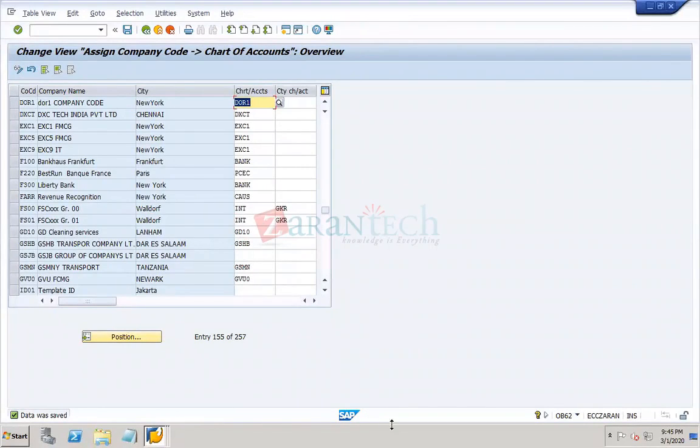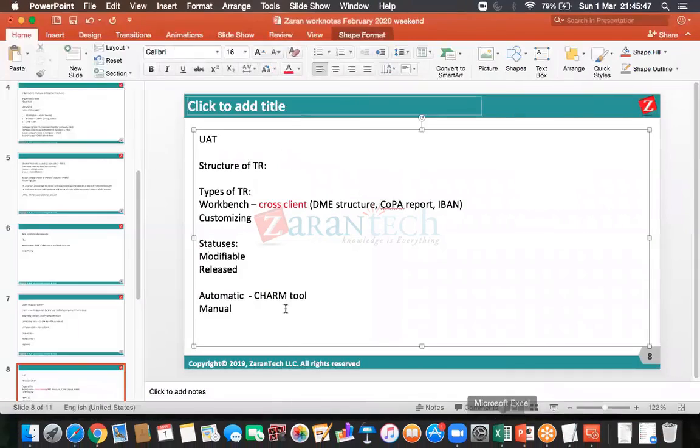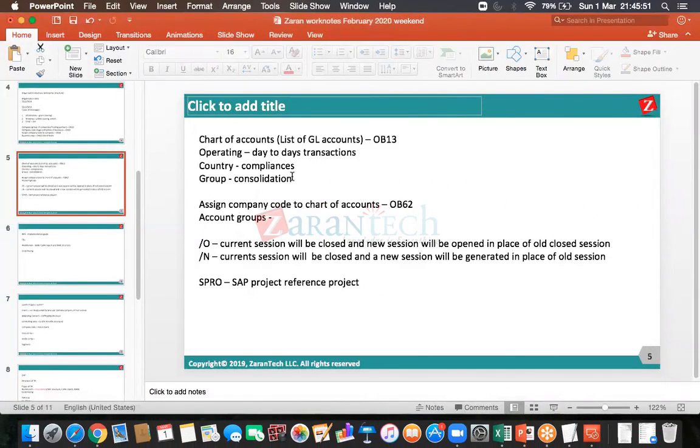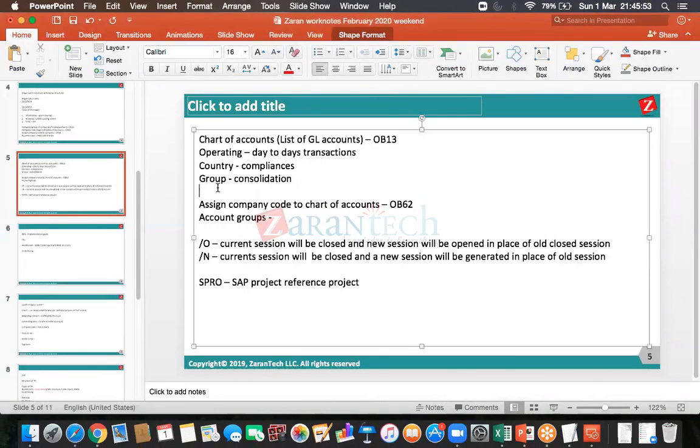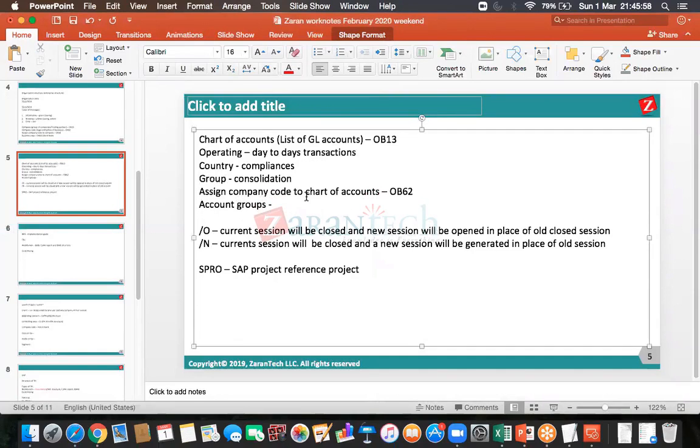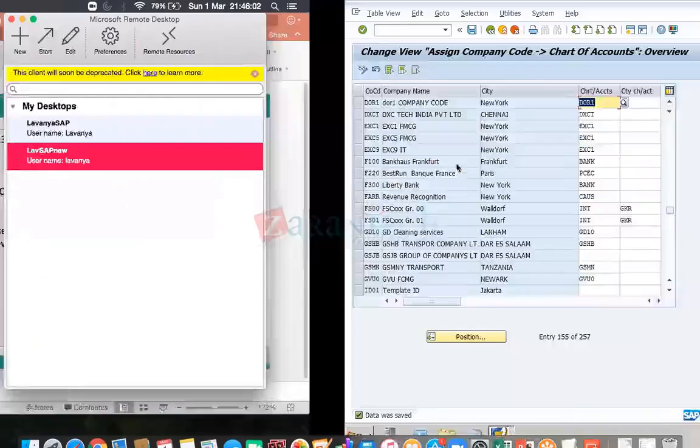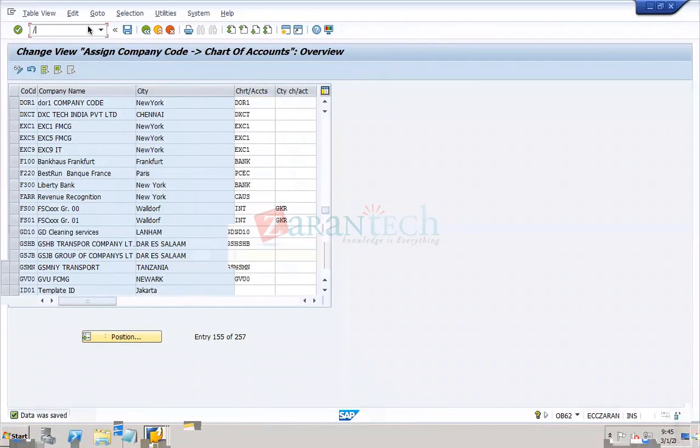Now I'm going to the next step. So what is the next step? Till now we have completed defining the chart of accounts. Now what I have to do? Assign chart of accounts to company code, which is OB62. So I go to OB62